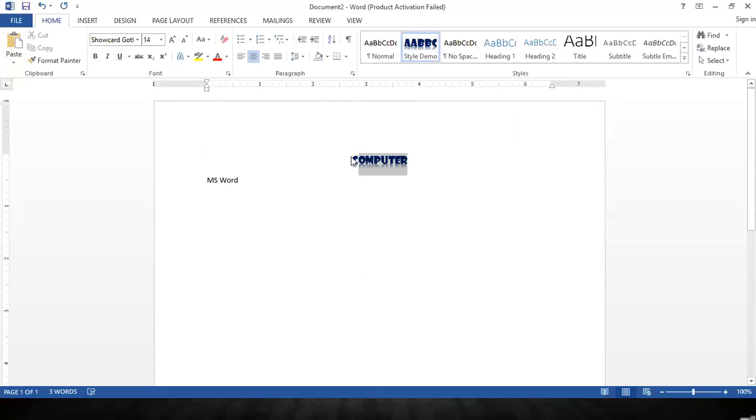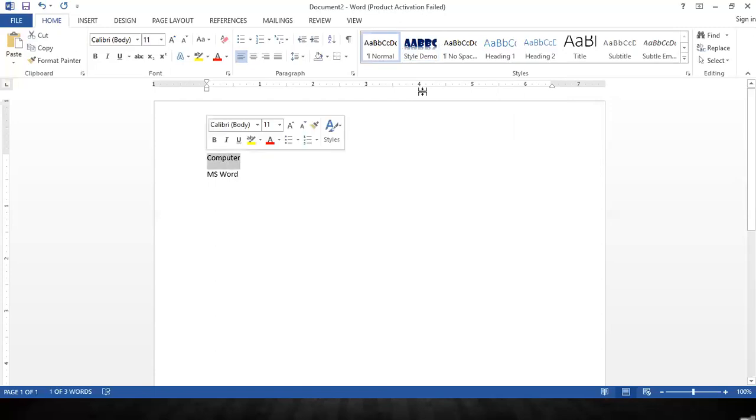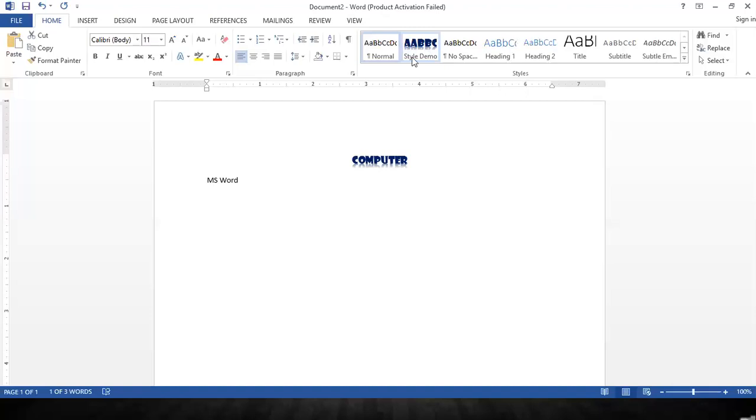Now let me show you one more time. Right now the text is plain simple. Just select the text and then click on the style, and you can see the text has automatically come to the center along with the formatting which we have done in that. So this is how you can create your own style in MS Word application.